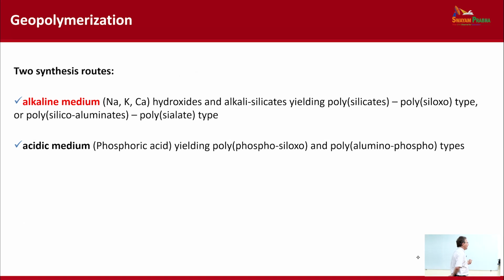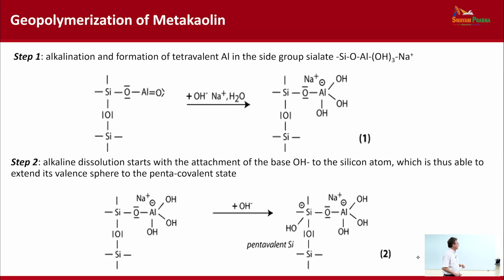But you can also react it in an acidic medium. And in this way, you obtain a different class of materials. You obtain phosphorus-based materials, or phosphorus-containing materials. So if we look at the geopolymerization of metakaolin,